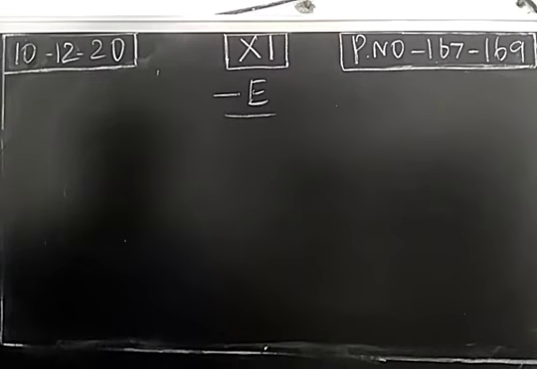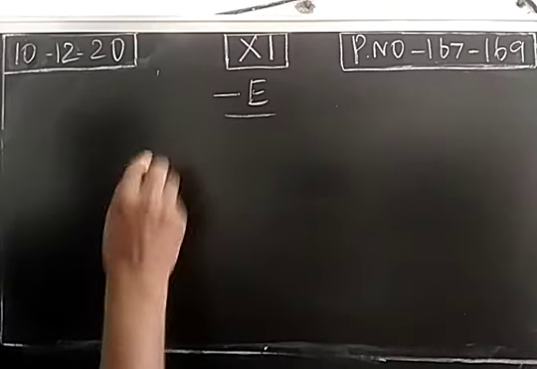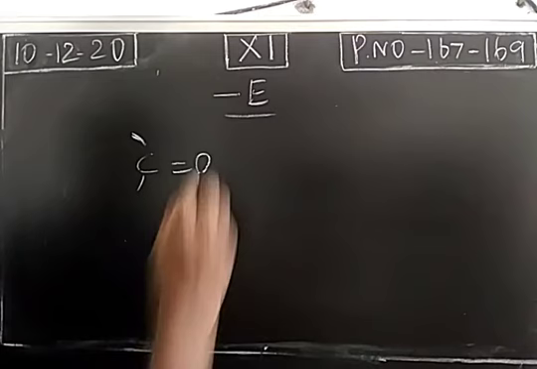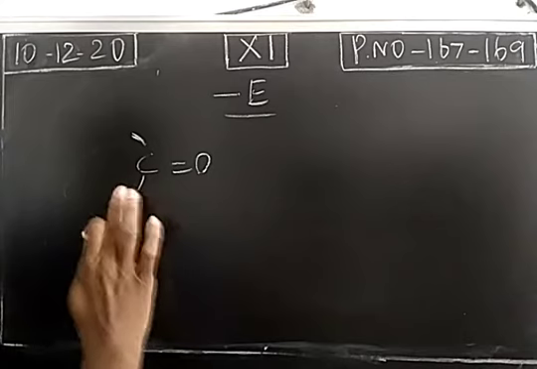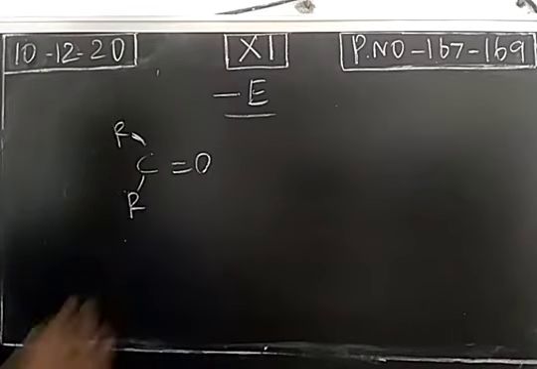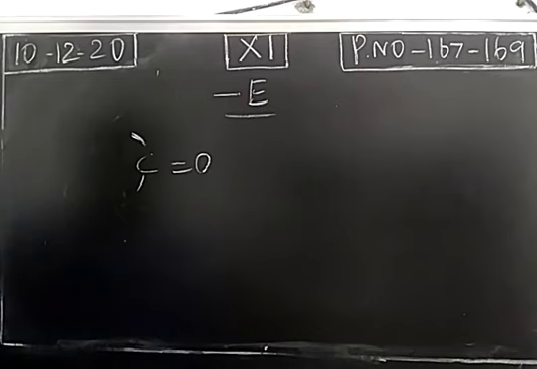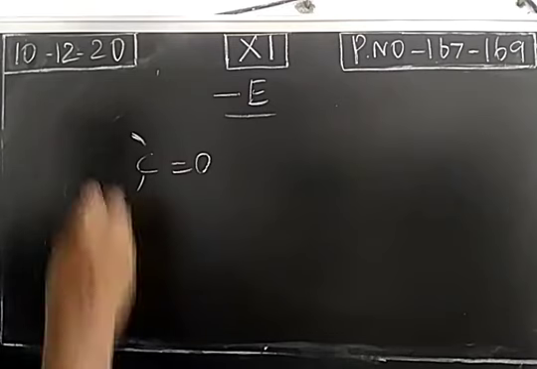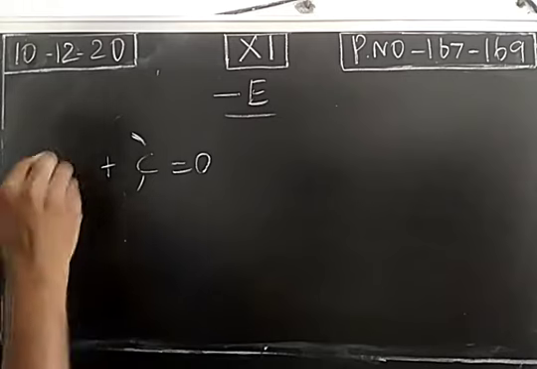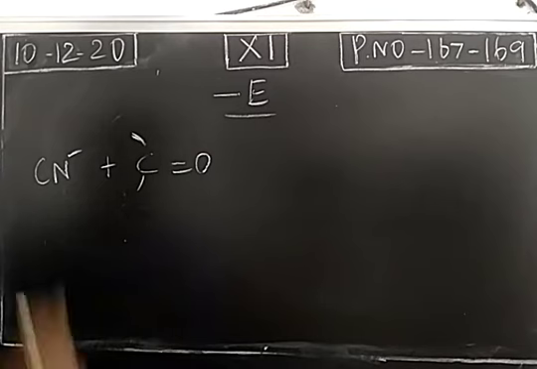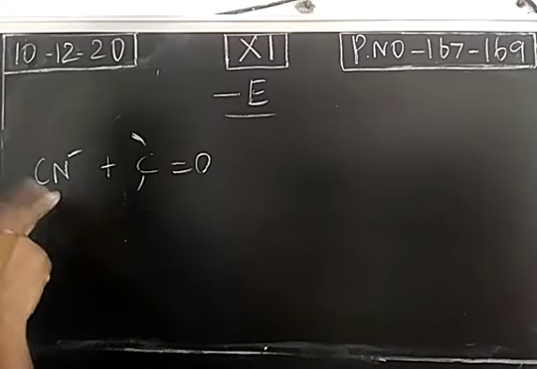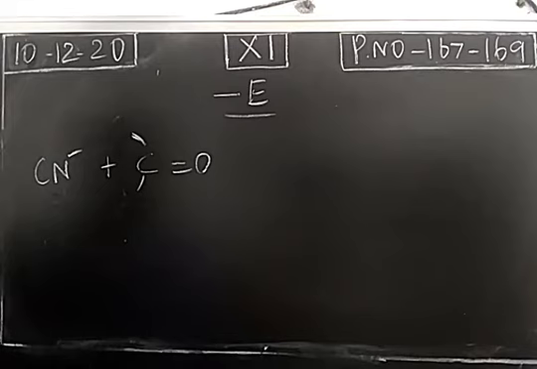So we take an unsaturated compound, for example, a carbonyl compound. This is the functional group carbonyl. If a hydrogen is attached, it is an aldehyde. If both are alkyl groups, it will be a ketone. So we take an unsaturated compound, a carbonyl compound, and an attacking reagent, a nucleophile. The species with a negative charge is called a nucleophile. This is a nucleus loving species. This is electron rich in nature. So this will attack electron deficient centers.